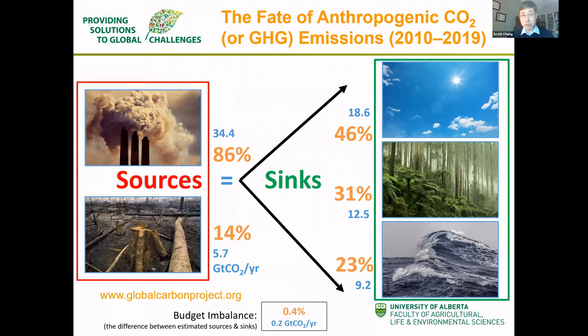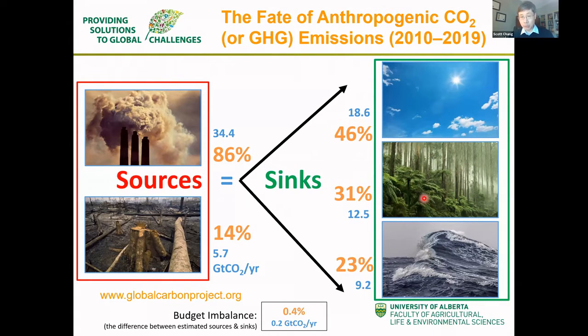But the key thing that we have to understand here is that in terms of greenhouse gases, we have to think about the sources, and globally we can think the sources to be mainly from fossil fuel burning, as well as agriculture and forestry, here being represented by land use change or deforestation. And these greenhouse gases coming from these sources, they have to go somewhere. The majority of them, unfortunately, end up in the atmosphere, and that's contributing to the increased greenhouse gas concentrations, represented by carbon dioxide concentrations in the atmosphere.